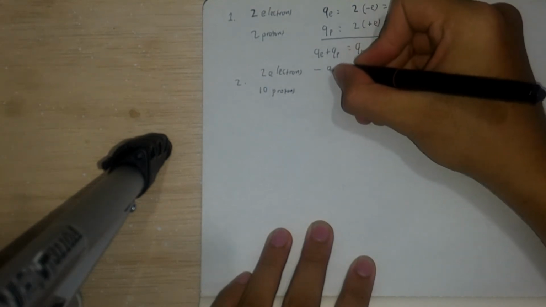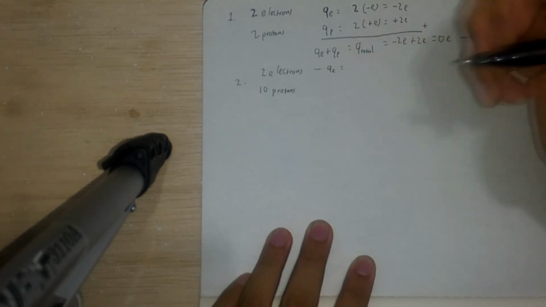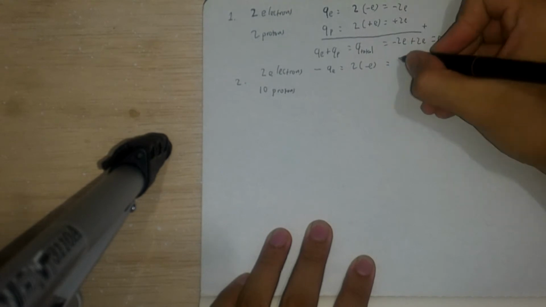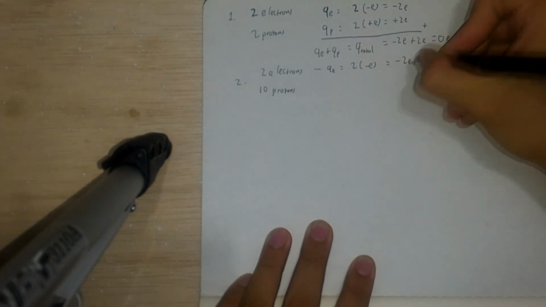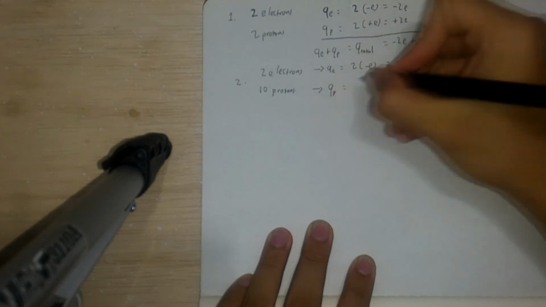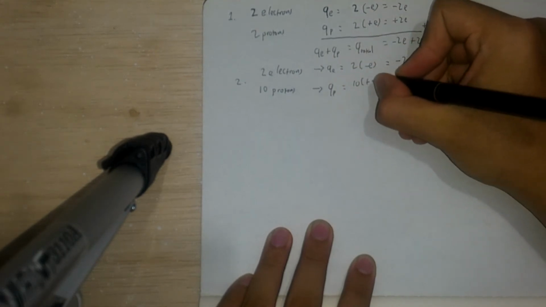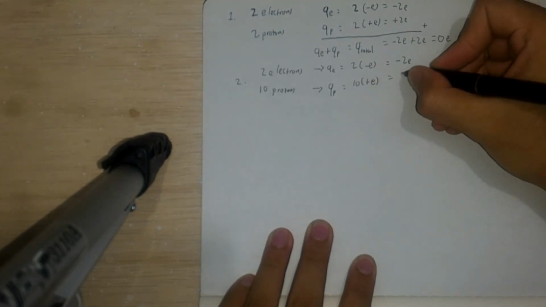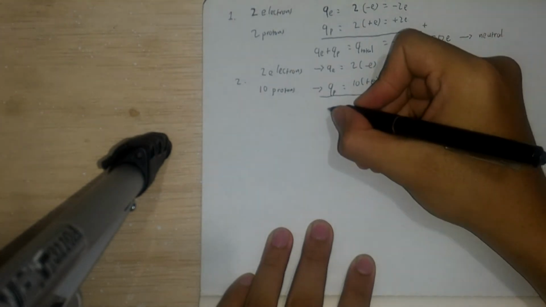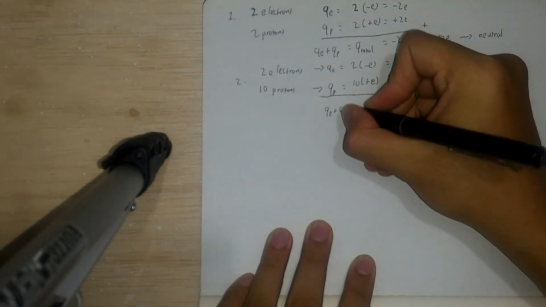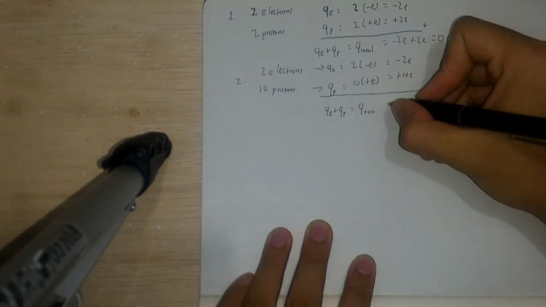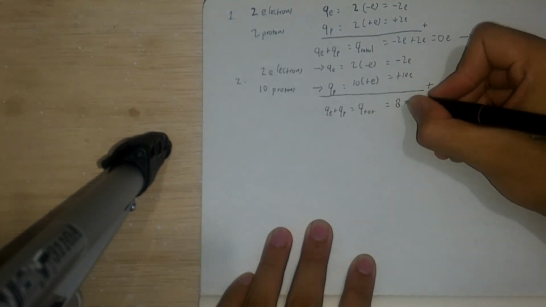So the Q electron is 2 times negative e, which is also negative 2e. And now the Q_p equals 10 times positive e, which equals 10e. So we add them together. Q_e plus Q_p, this is what we call Q total, equals